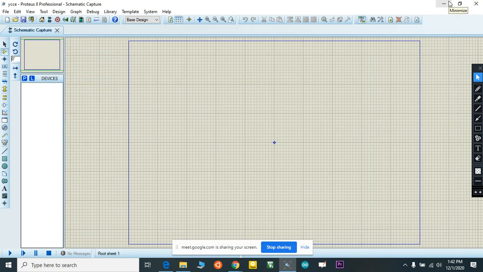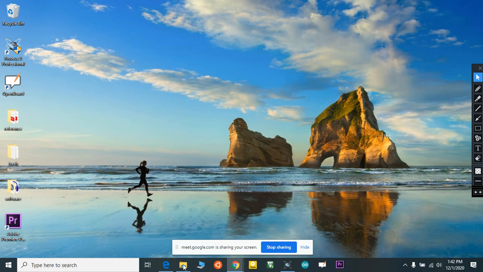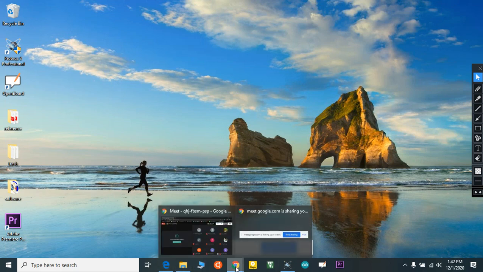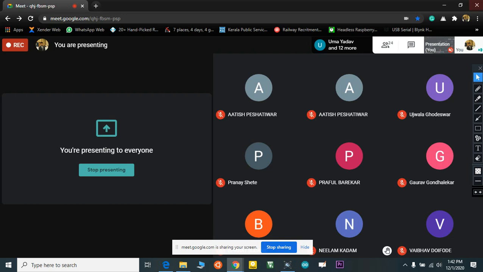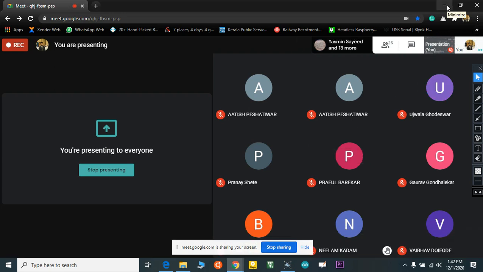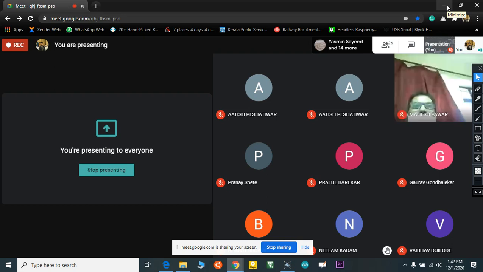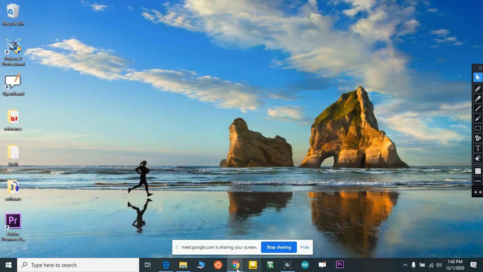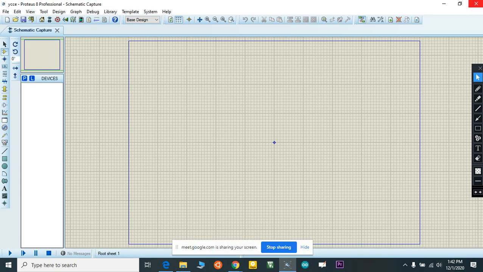And there is an error you always find if you install it for the first time: library not found error. In most cases this error happens. So if anyone installed and tried, you can see that error, library not found. So please listen to how to solve it. If you have a notebook or pen with you, you can write down how to solve this library not found error. First you need to close your Proteus. I don't have that kind of error, so I'm not closing it, but I will explain how to solve that error.